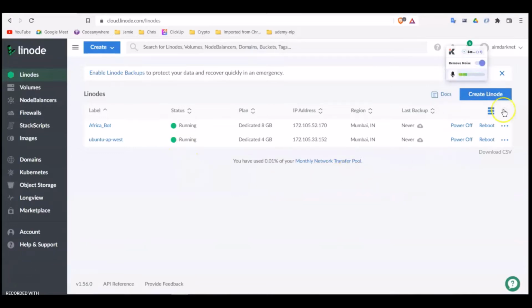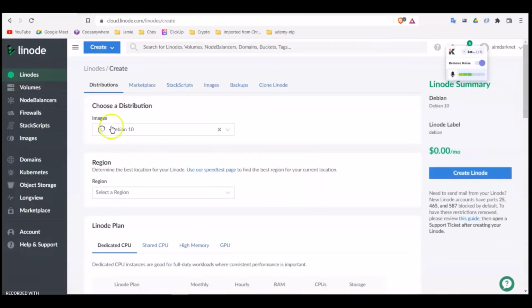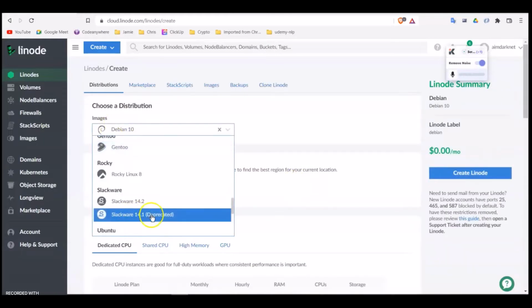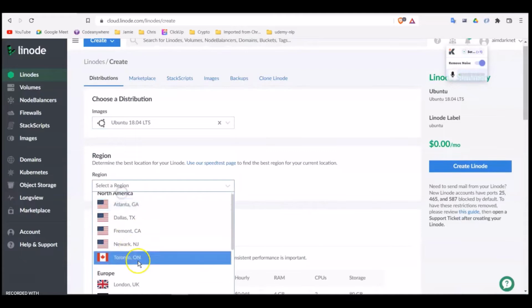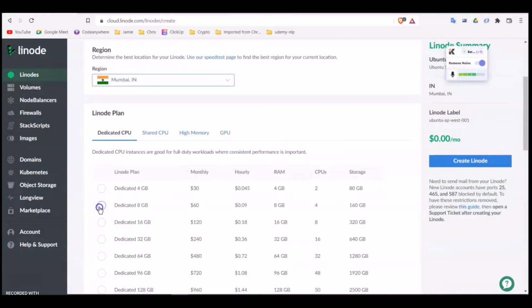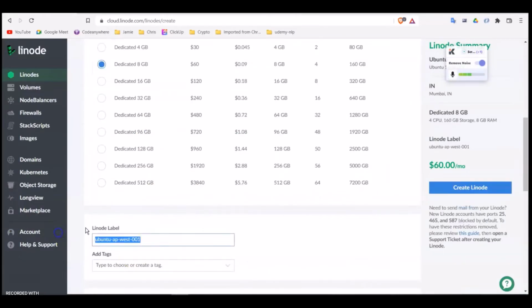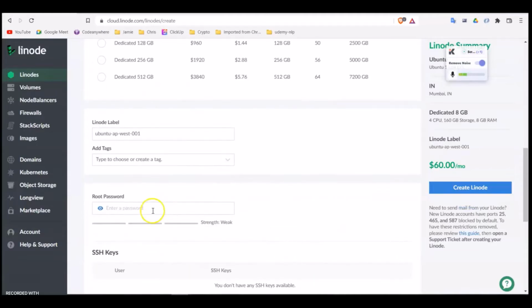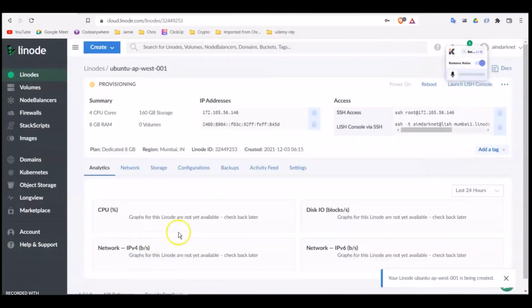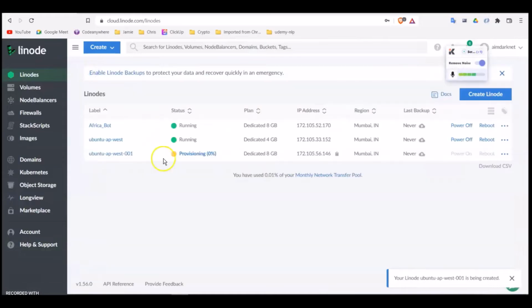So I'm just going to create a Linode here rather than AWS. Let me quickly select any Ubuntu. The region nearest to me is Mumbai, and I'm going to select 18 GB. Let's keep the name anyway, it doesn't matter, you can give any, and keep remembering this password or something like that. I'm just creating it. Right now it is provisioning, as it is saying. As soon as it is booted up, we will start from there itself.